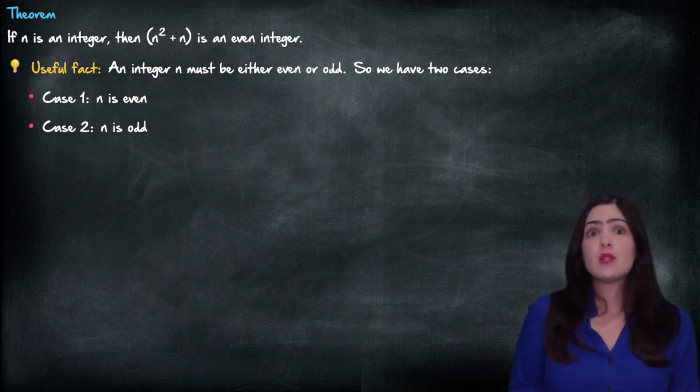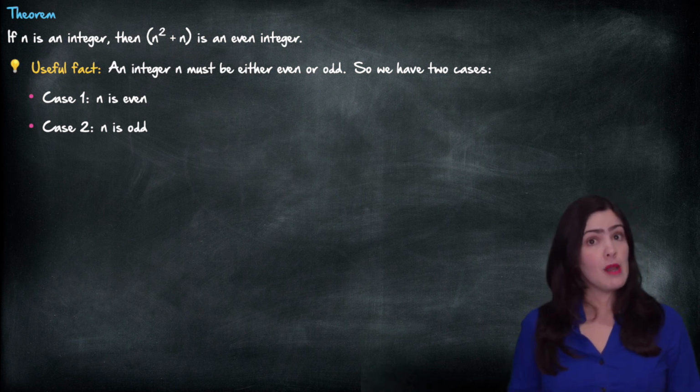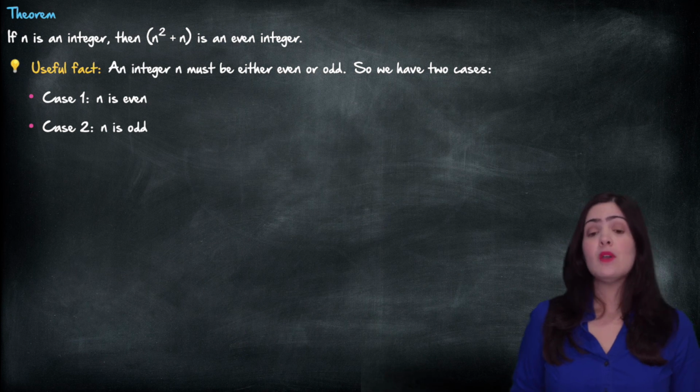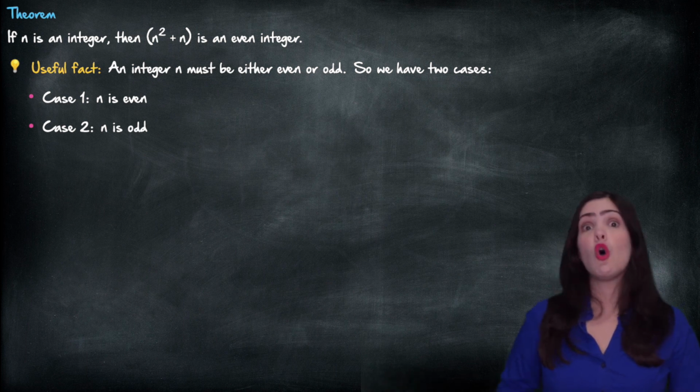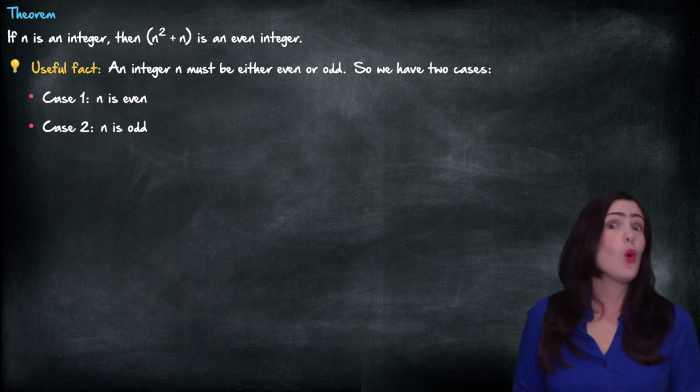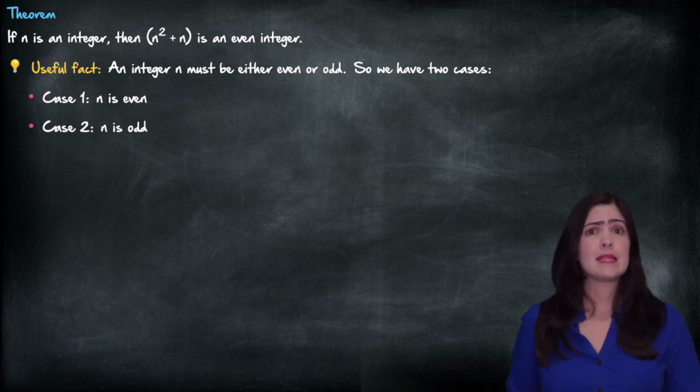So what we can do is split this problem into two sub-problems by considering two cases. We can consider the case when n is even and the case when n is odd separately, so we have two more manageable problems, and then we put everything back together to conclude about all the integer numbers because we've covered all the possibilities. So the way we do it by cases, as I said, is we're going to split it in two cases,